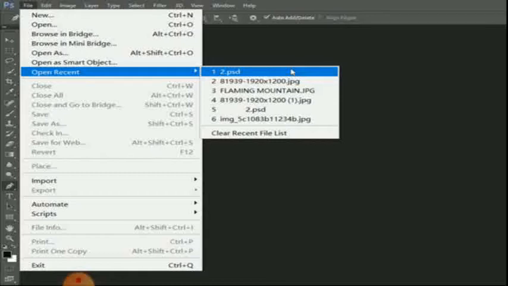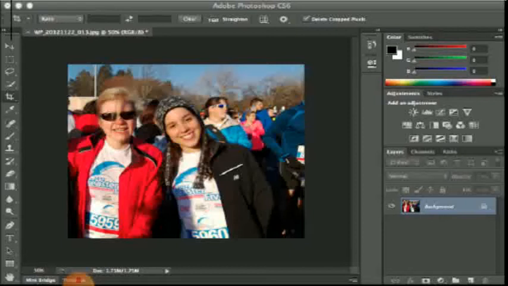Can you see? Click on File, Open Recent. A sub-menu appears with a list of files. Select the required file that has to be opened. Then the selected file will appear on the screen. Like this only you have to open a recently used file.